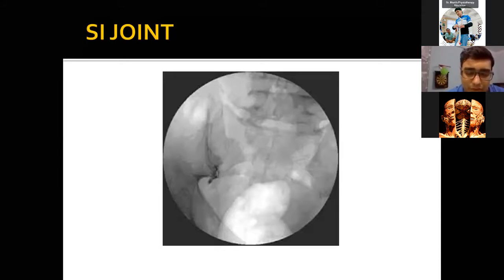So if we block the facet joint, or if we block the sacroiliac joint without blocking the nerve as well, you will get decent pain relief in the referred pain as well. So what happens is, say the lumbar sympathetic chain, which comes down in the lumbosacral plexus, the same nerves are supplying the facet joint, and the same nerves are going down the thigh as well. So when one nerve is being irritated, the sensation is felt in other parts as well.